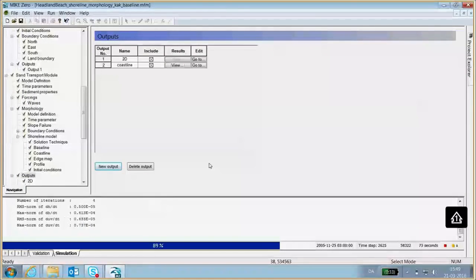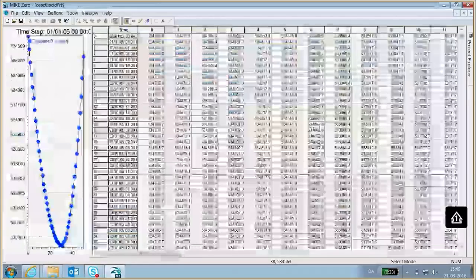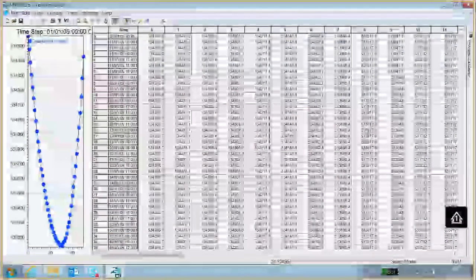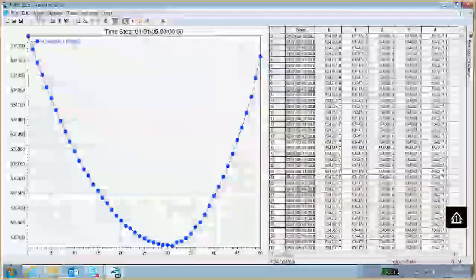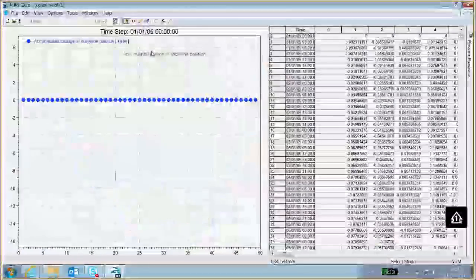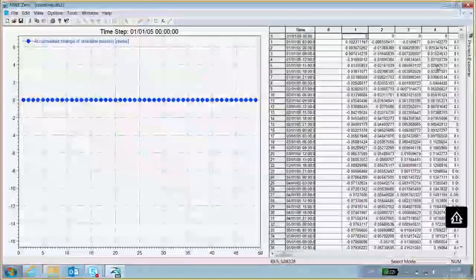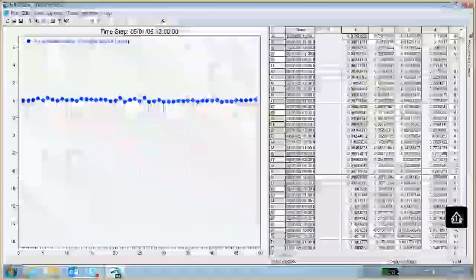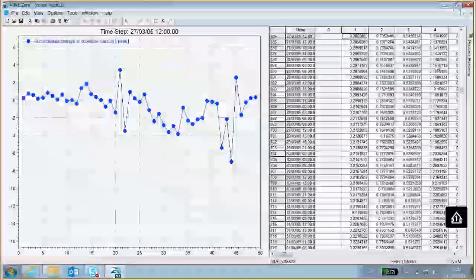Alright, so the baseline simulation is now almost done. So we'll just have a quick look at the coastline result from that simulation. So we select the accumulated change of shoreline position, and then we'll see that the result is a lot less spiky than it was before.